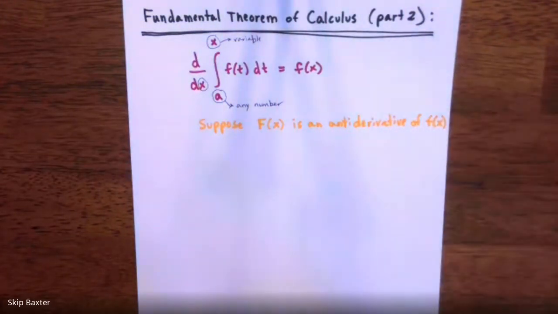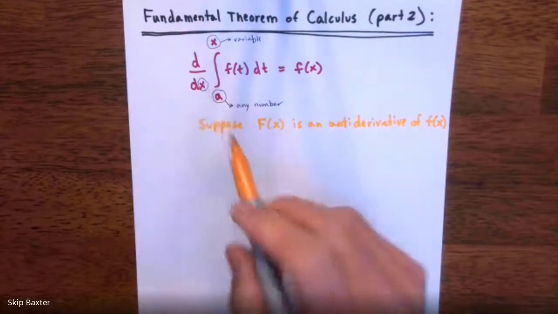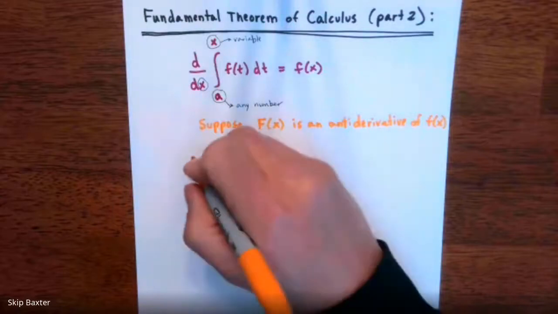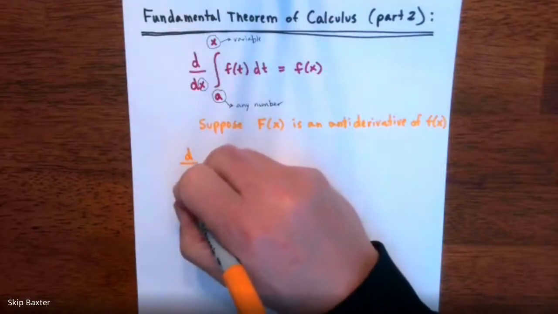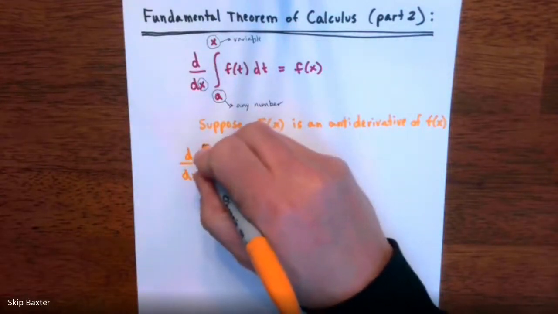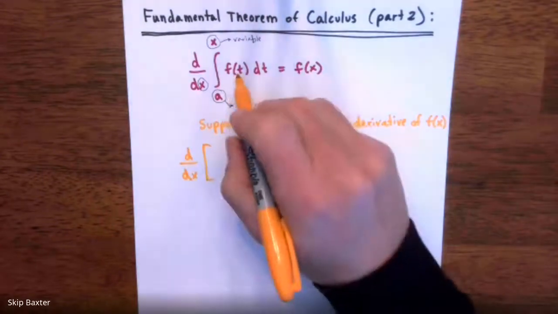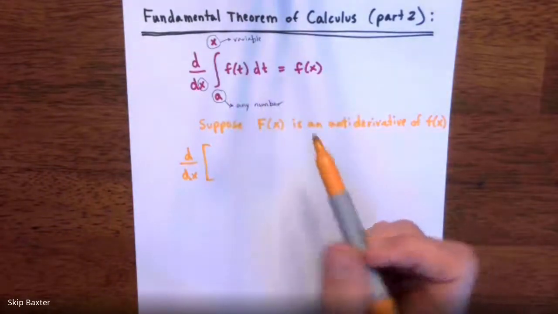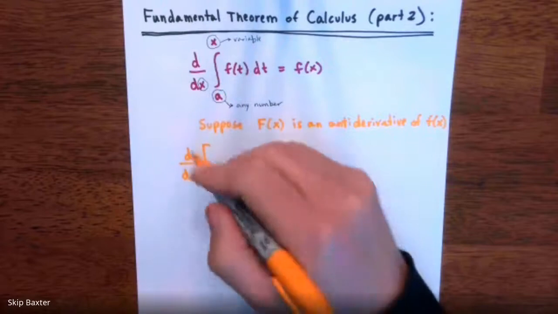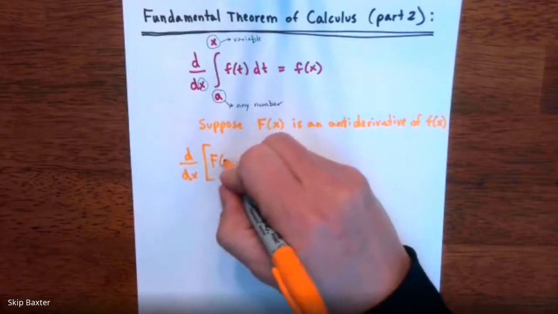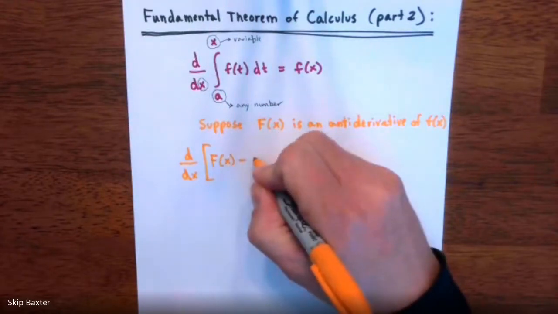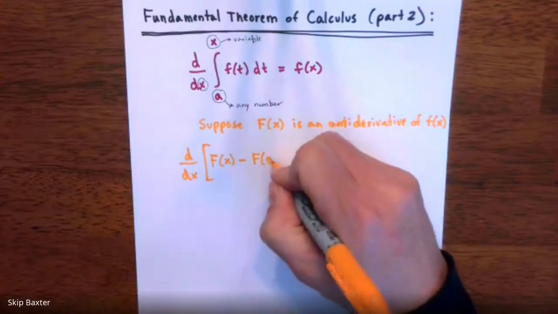All right, suppose that's true, right? Then what we really have up here, if you look at just the integral part of it, this is really the derivative of, using FTC Part 1, this definite integral is just going to be capital F of x minus capital F of a,